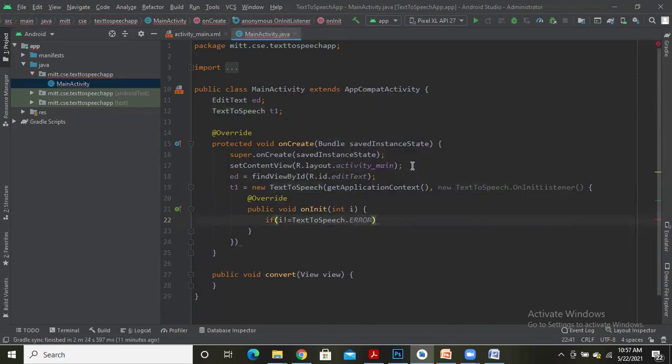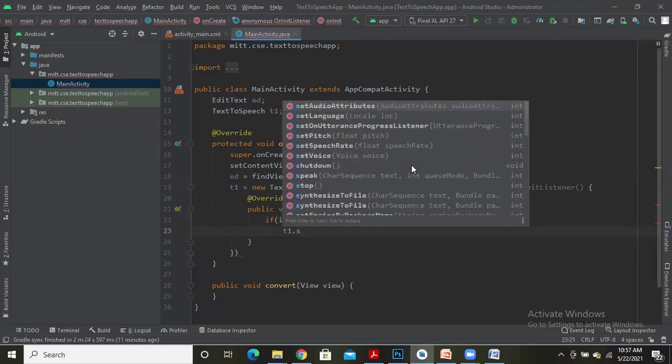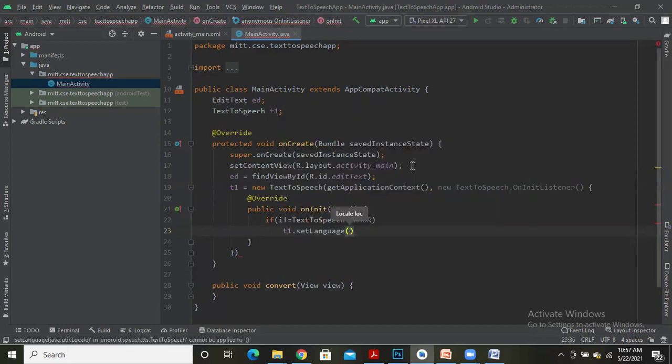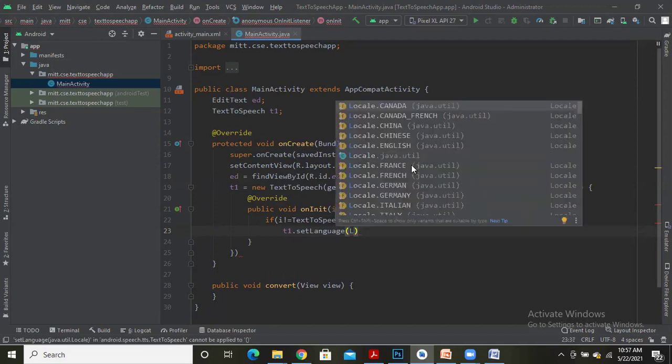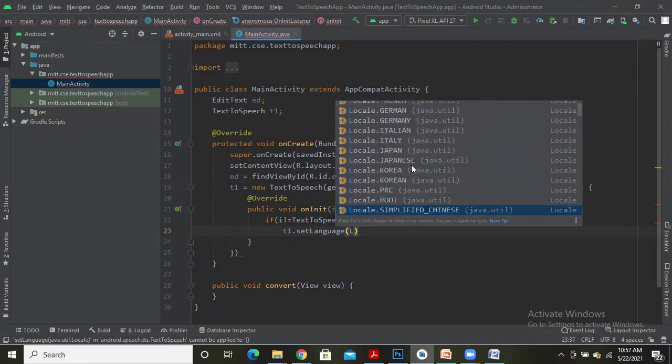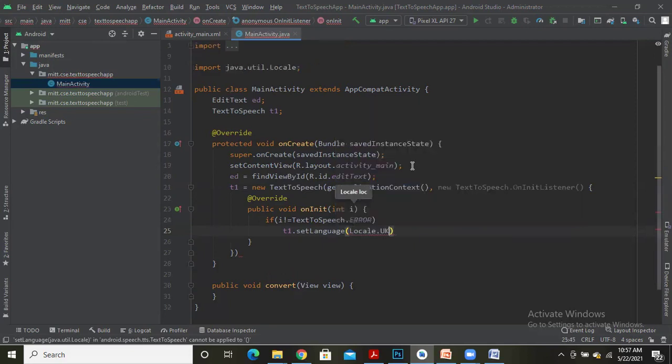So if there is no error in the text to speech, then what I'm going to do is set the language, T1.setLanguage. The language which I'm going to set is Locale. There are different options. So let me select UK. Locale.UK. So the language has been set, where the object of text to speech has been created and instantiated with the language set to UK. Let me put a semicolon here.